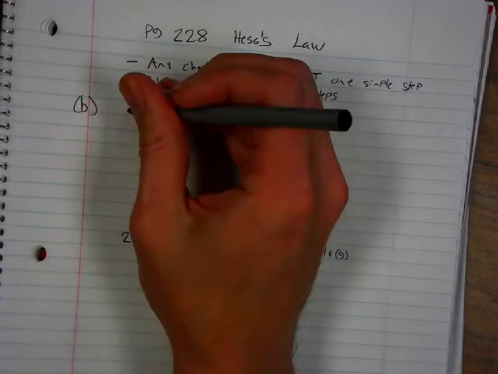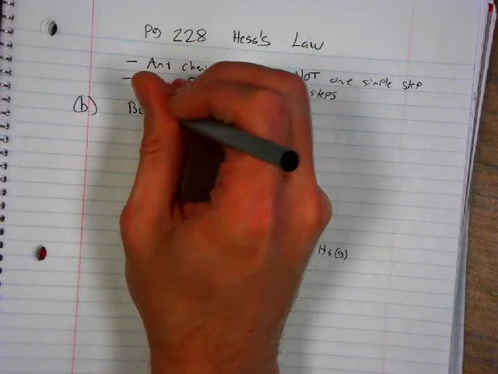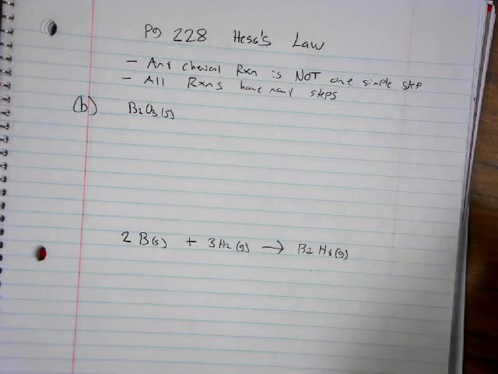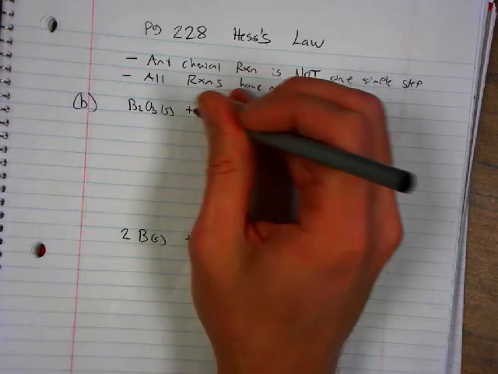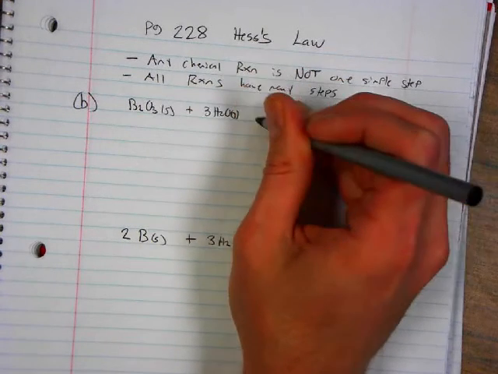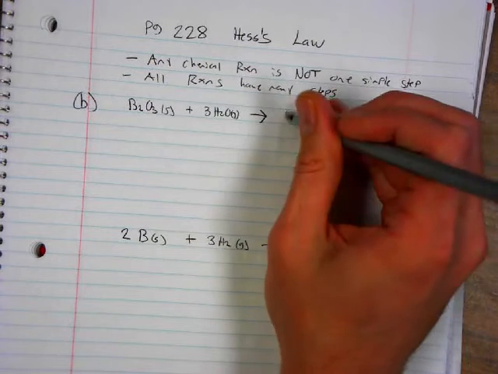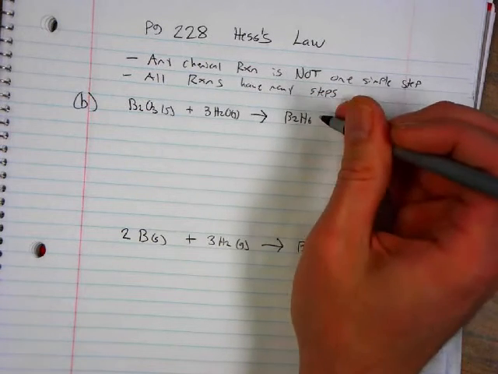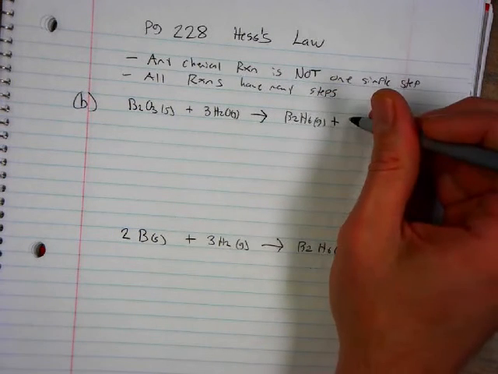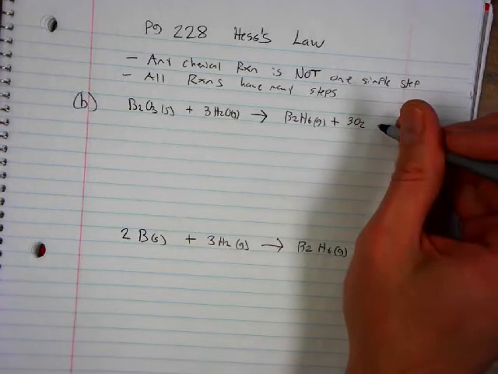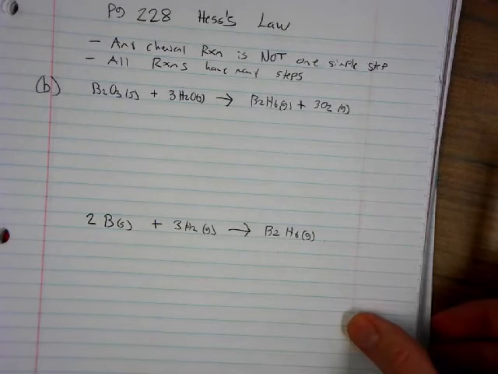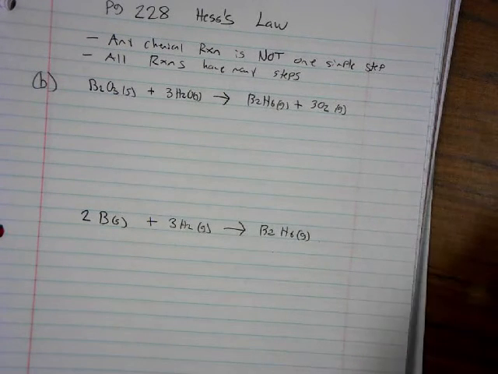So guess what I have to do to that equation? Flip it. So my first equation I'm going to use, I'm going to put reaction B here so I know that I've used it. You don't have to do that, but I'm just going to write it in my notes. I'm going to flip B and make it B2O3 solid. The states are actually helpful here. Plus 3H2O gas yields, I'm flipping this, B2H6 gas plus